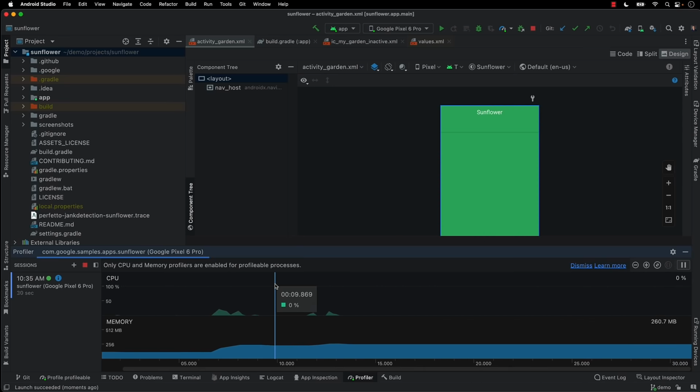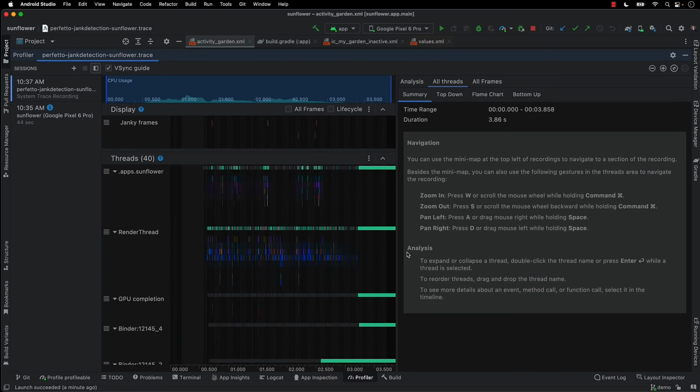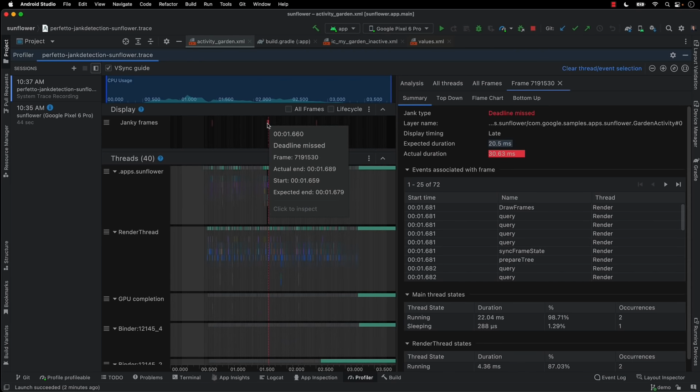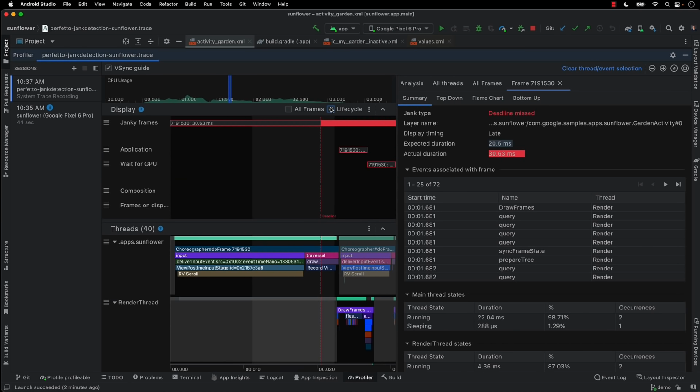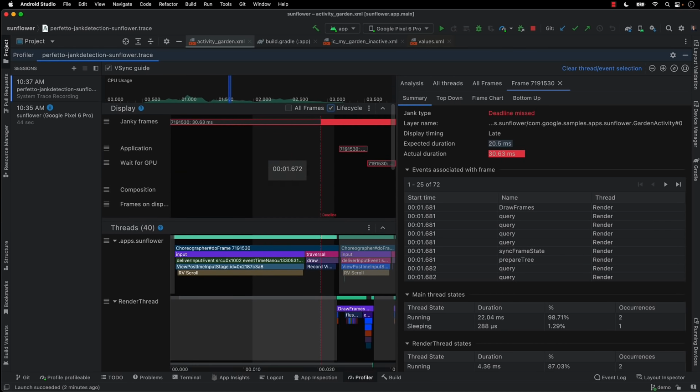Another new profiler feature already available in Canary is jank profiling, or finding UI where some of the frames are laggy. And now you can see there's a whole new janky frames section in Systrace. I'm going to click on one of these frames, and I'm also going to press M to focus my attention just around this time interval. We can see that the actual duration here was 30 milliseconds, even though our budget was 20. I can turn on the life cycle of this frame as well, going through the different phases.